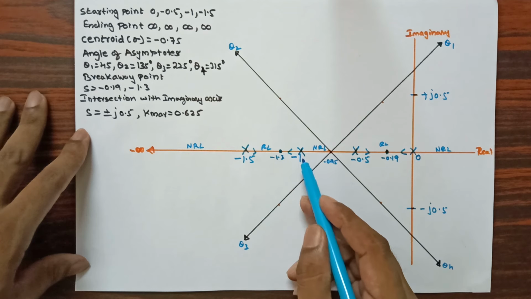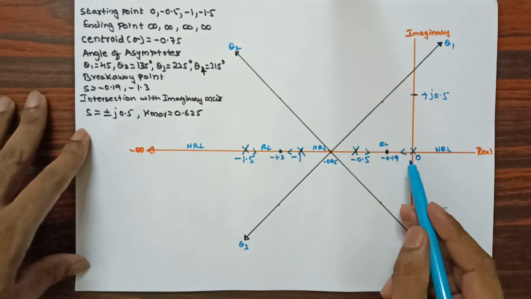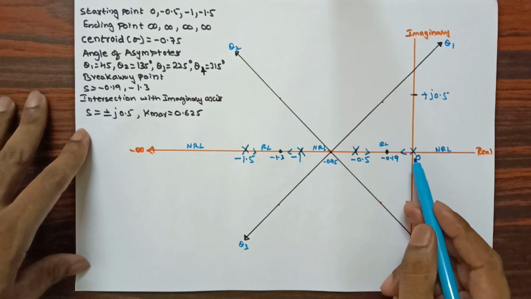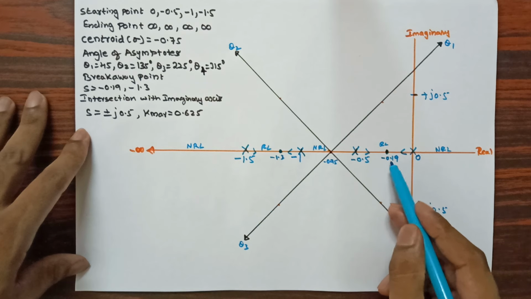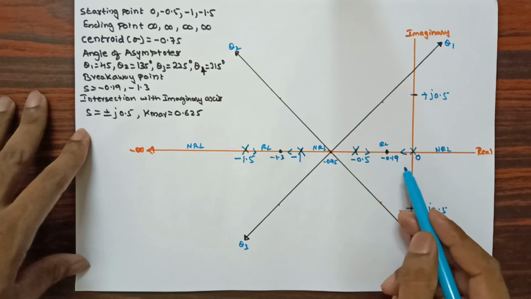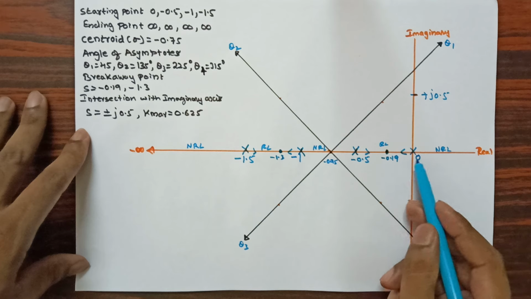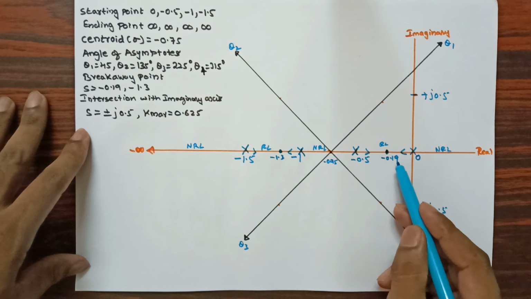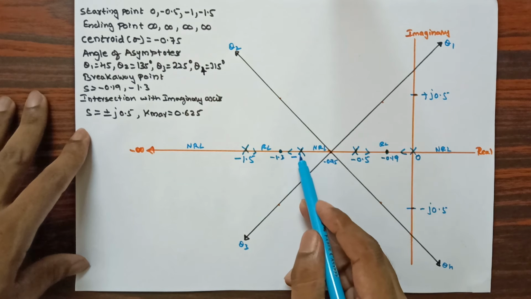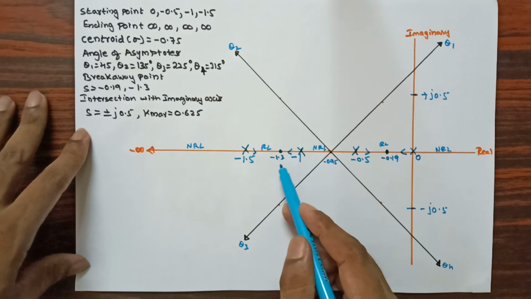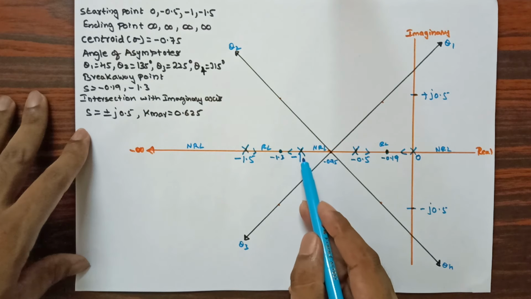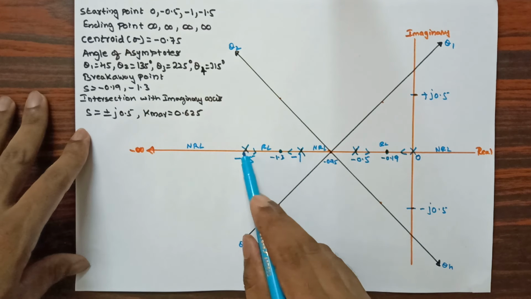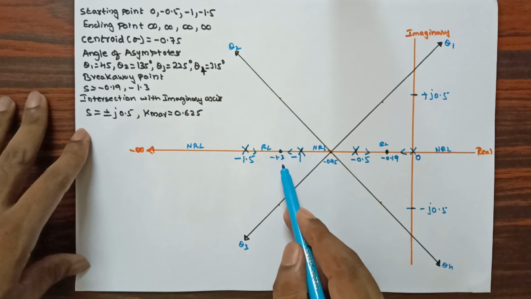You can check the validity of the breakaway point by the graph also. The breakaway point that we got is minus 0.19, and the root locus path value you can see is 0 to minus 0.5. The first value, minus 0.19, I got in the root locus itself, therefore it is a valid breakaway point. For the second breakaway point, minus 1.3, I got it in between minus 1 and minus 1.5, and this is a root locus path, therefore it is a valid breakaway point.